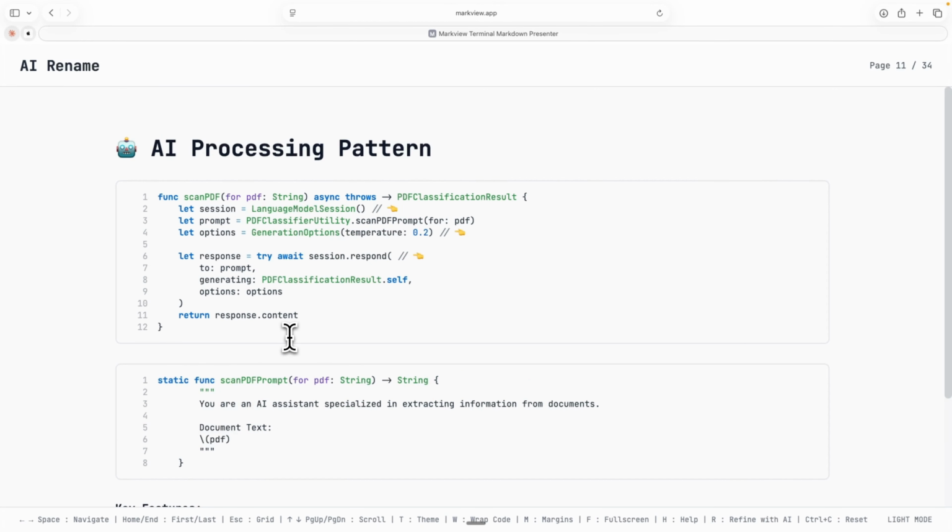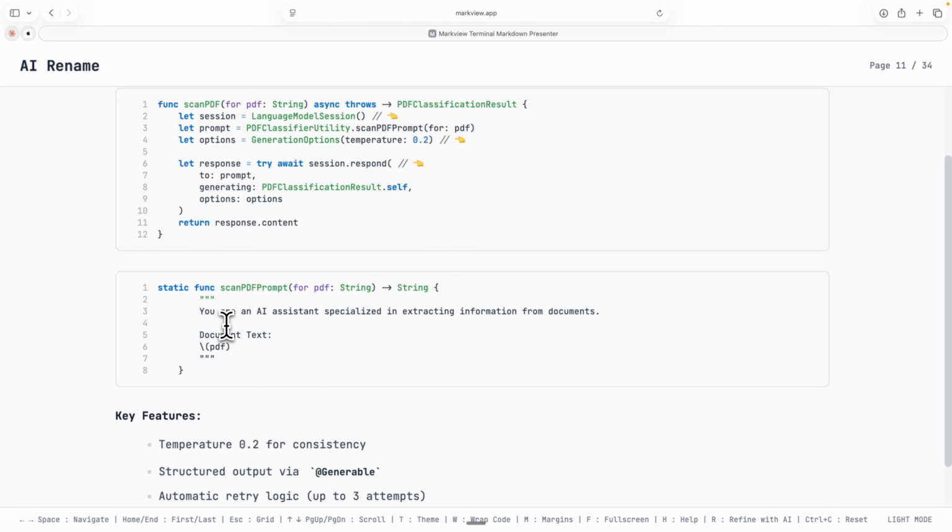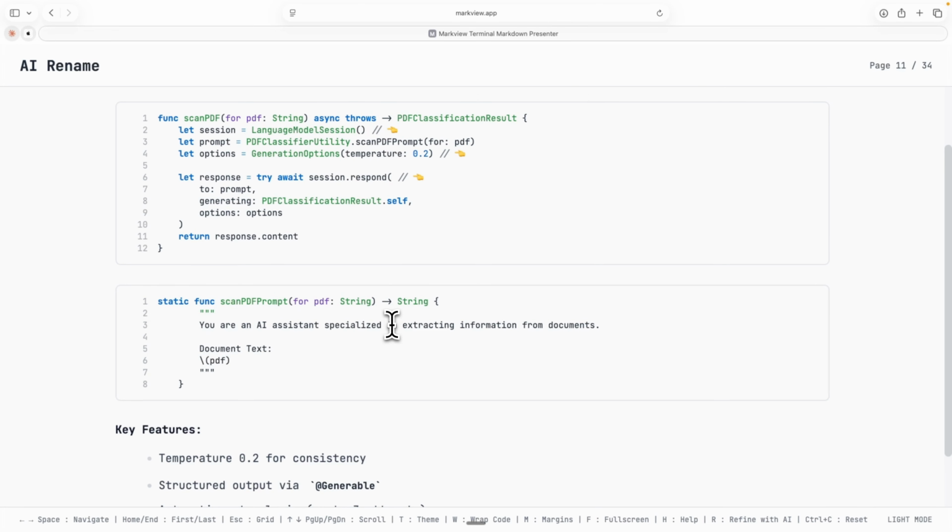Then down the line, I generate an additional prompt where I say, you are an AI assistant specialized in extracting information from documents. And then I give it the text of the PDF. Here, I feel like an imposter, where the app that was generated reads a PDF, takes the images, gets the text out of the PDF. And that's not with a foundation model. Just to get the text is what Apple has. When you are in Preview, you can select text. I think that's what they provide, and that works really well to get text out.